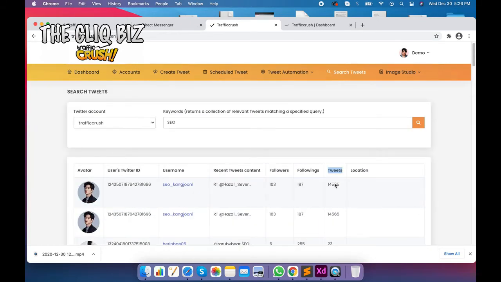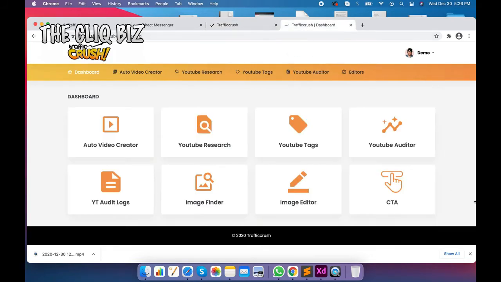These are the tweets that work in our Traffic Crash software. Now we are going to see YouTube, where you can generate an auto-created video. It will create a YouTube video in a fraction of a second. This is not going to take you one or two minutes for creating a video. Now we see how to create a video